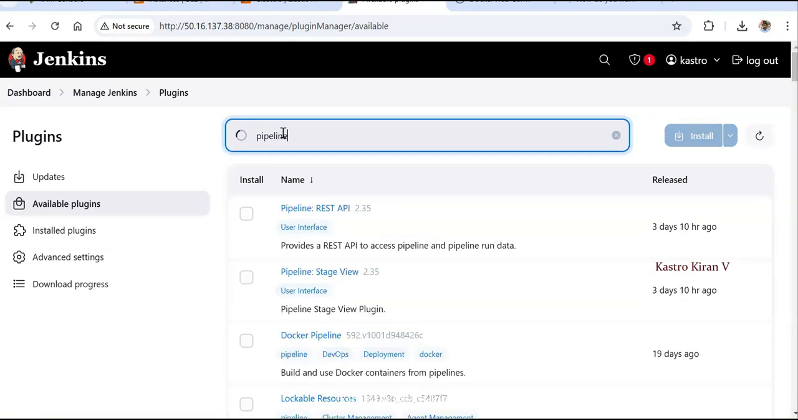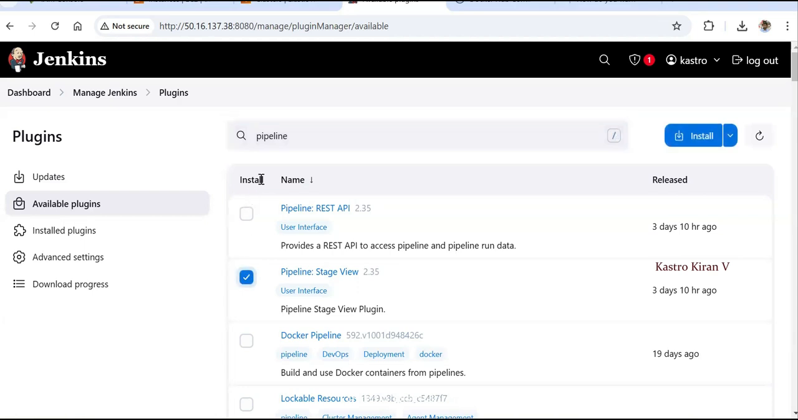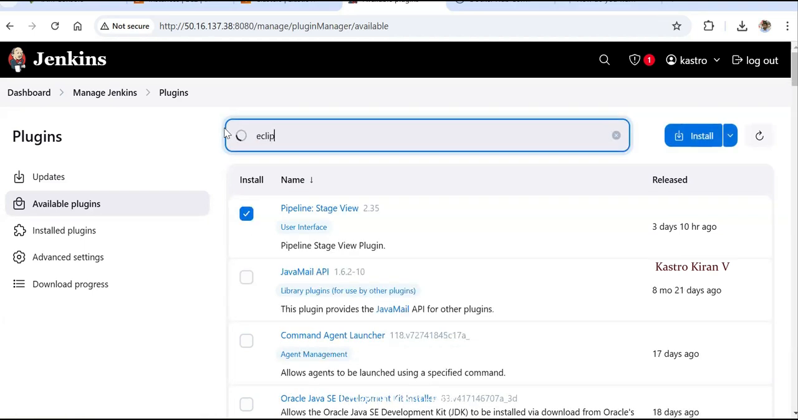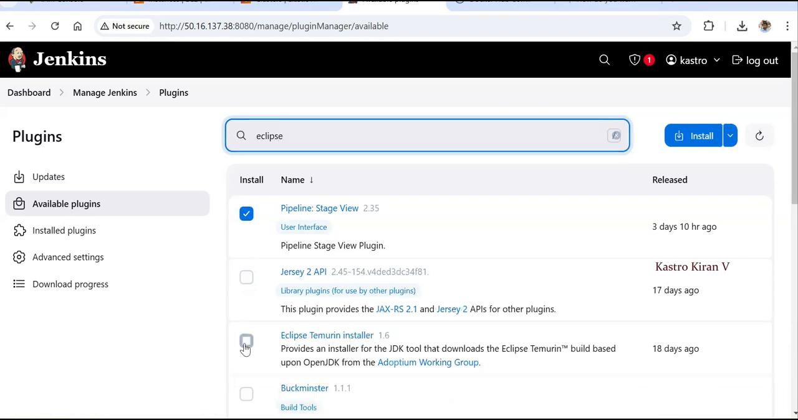So this particular plugin will allow us to see the stage-by-stage execution. And the next one that we need to install is Eclipse Terminal Installer. This particular plugin will help us to select the version of the Java. So if you have multiple versions of Java for your project, you can select the required version when you have